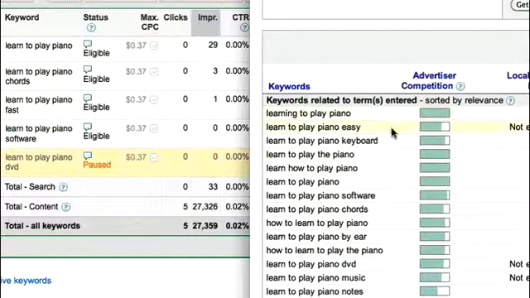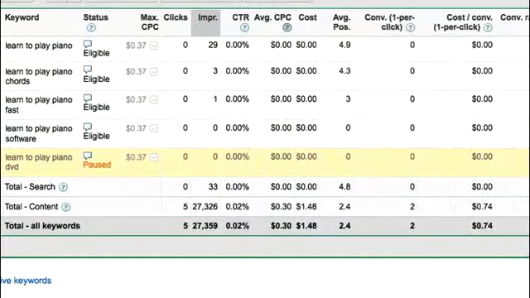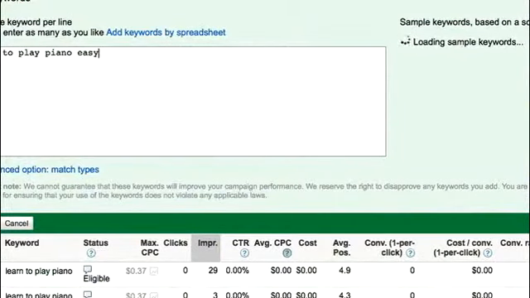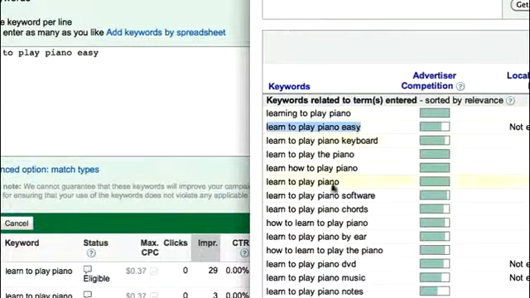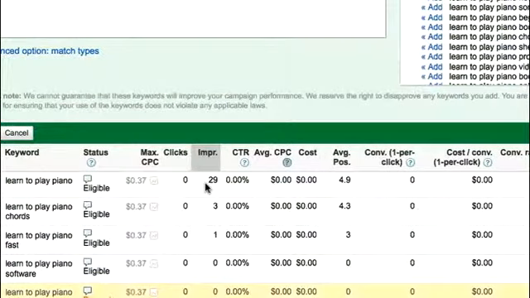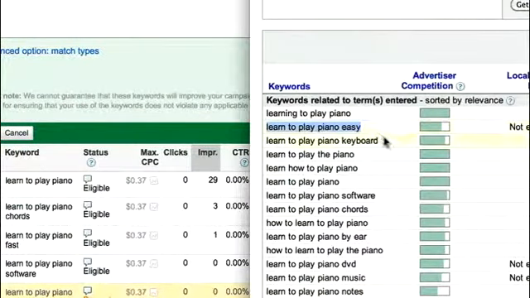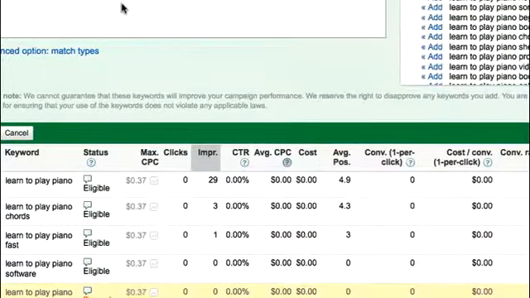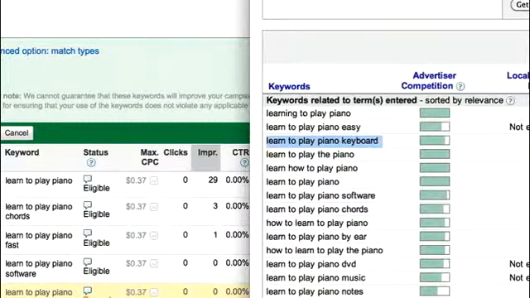All right, so I'm going to go ahead and add Learn to Play Piano Easy. And I'm going to just click on this Add Keywords. Learn to Play Piano Easy. And we're going to do Learn to Play Piano Keyboard. And we got Learn to Play the Piano.